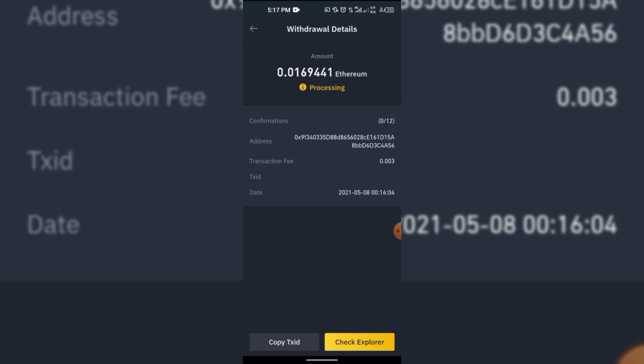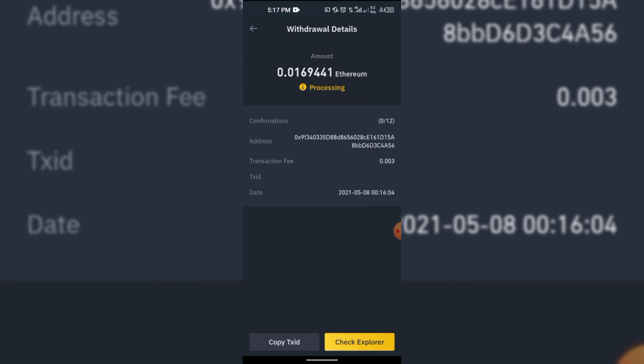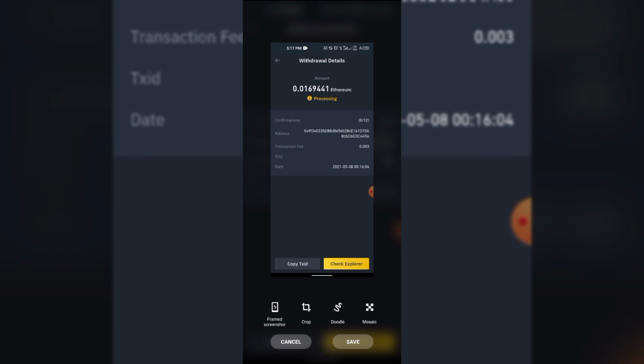It's important that you know how to do the withdrawal. Most people will say, okay, because the fee is less on the BSC network, they want to send on BSC. When it doesn't reflect, it becomes a problem. So in order to avoid all of these things, you have to just do the